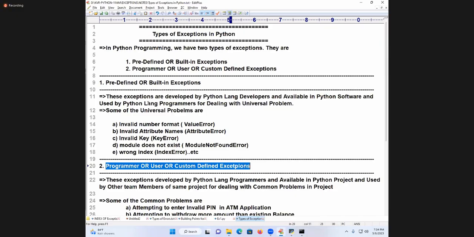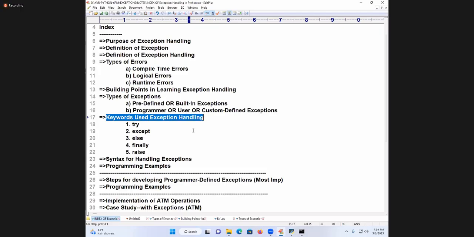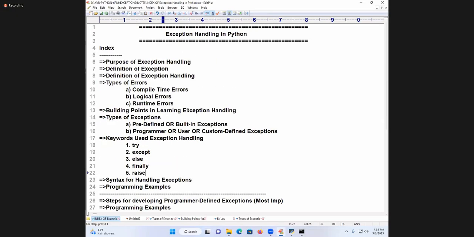That is called the handling exceptions concept. I will introduce the syntax for it. What is the syntax here? These keywords I am going to discuss, at a stretch, in the next class. How many keywords are required? 5 keywords. Handling the exception is nothing but what? Converting technical error messages into user-friendly error messages. To do that, how many keywords will we use? 5. For those 5, there is one syntax. That syntax I will explain in the next class. Even if I start, I cannot complete it. Tomorrow's class I'll go for it.